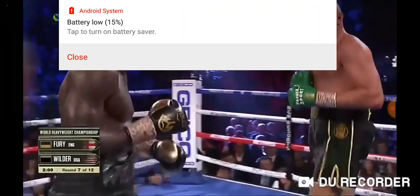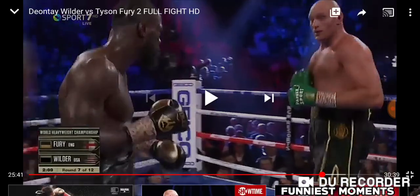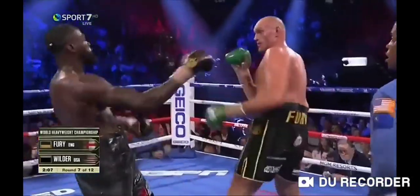And there's the lead hand once again. Overall, even when Deontay Wilder tries to stick that right hand in there again, or he tries to get that right hand off, what does Tyson Fury do? Overall, he ducks down and he sticks the left hand in Deontay Wilder's face to keep him off of him. That's what he's doing. Here in Las Vegas, Deontay Wilder